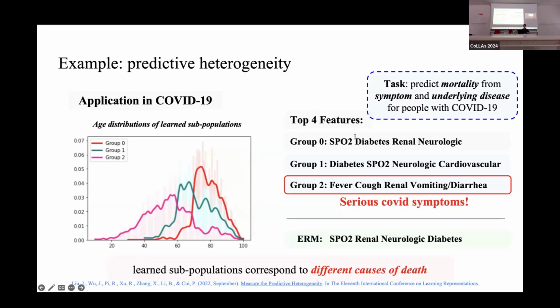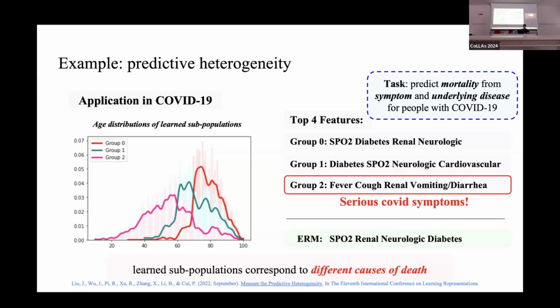However, when we use our predictive heterogeneity to split the data into three subpopulations, in the last figure we draw the age distribution of each of these groups. For example, for the red curve, we can see that there are mainly people over 70 years old. And the top features of this group are mainly underlying diseases. This makes sense, because according to our knowledge, some elderly people died because of their underlying